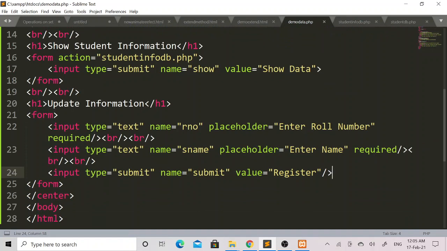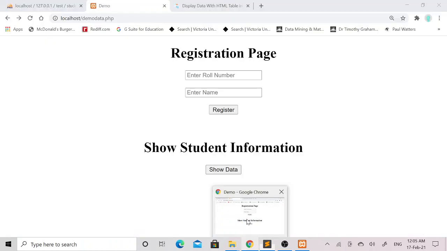Now I will make a small change. Instead of register in the value attribute, I will simply mention update information. Now I will refresh this demo data.php page.